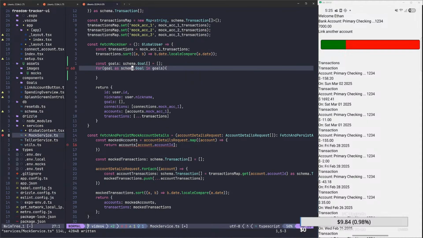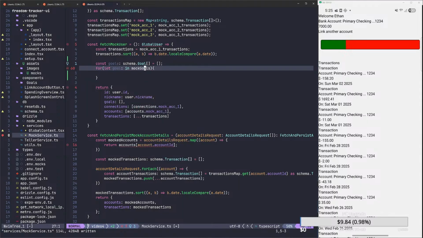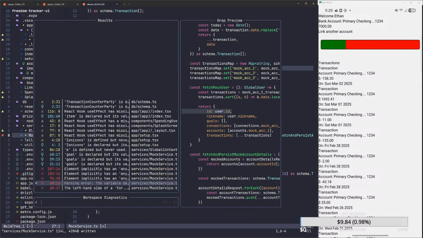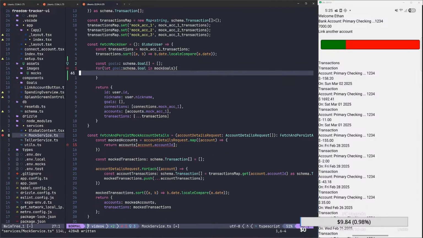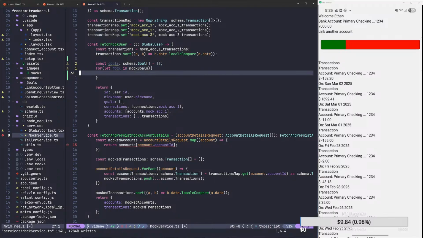Cannot find name goal. Oh, we have to say let goal. And we might have to do some ugly stuff here. And this is in mock goals. And this is a schema.goal. We might have to do some yucky stuff here, because it's probably going to say it doesn't know. So that's not mad at us yet, it's just mad that we're not using it. That's fine. So then what we'll go ahead and do is,